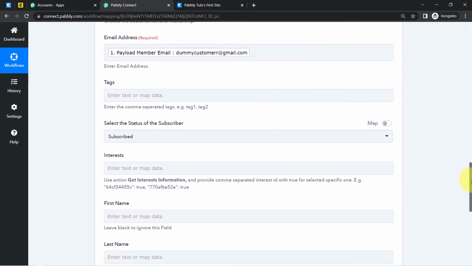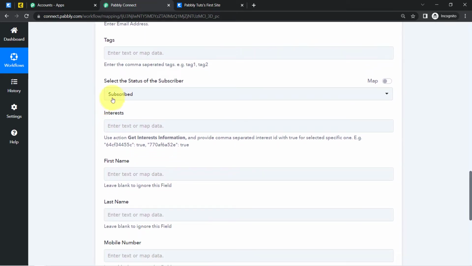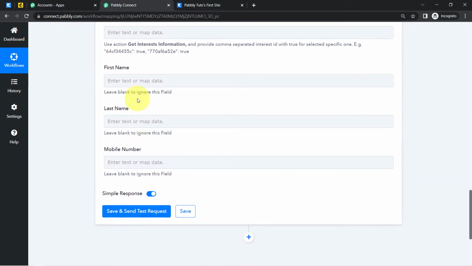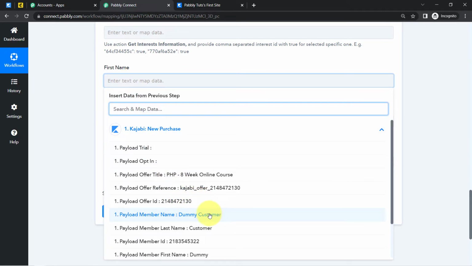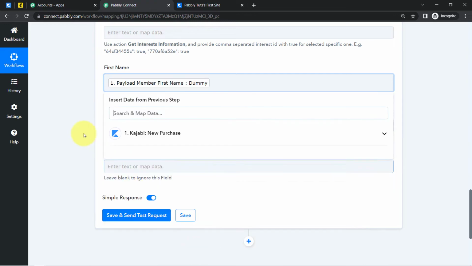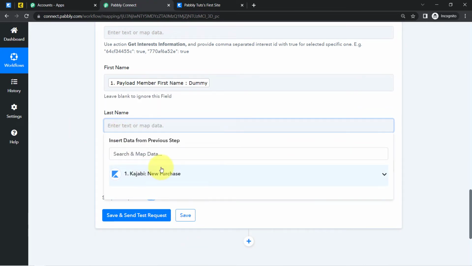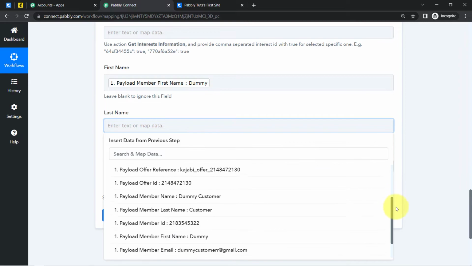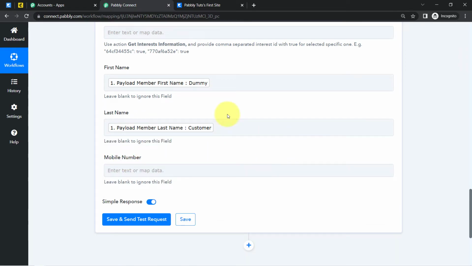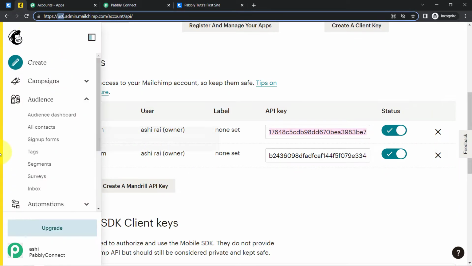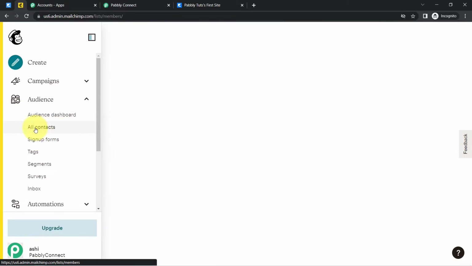Okay, now it is asking for the status of the subscriber. Well, I want to keep it as the subscribe only. Finally the first name and the last name. So I will again click on this field, and here I have the first name dummy. All right, and I have the last name also, as customer. So I have filled all the details, and here I am going to open the all contact section,